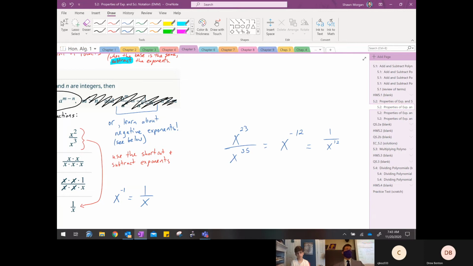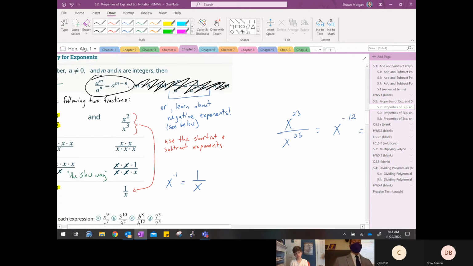As an exercise, we teach algebra students to get rid of the negative exponent. So I would not accept x to the negative 12, but I would accept 1 over x to the positive 12. Once you get on into calculus, we slacken up a little bit and say it's probably okay. But the whole point in algebra is so that you learn to manipulate the expressions to where you're versatile. You can have it either way. So that being said,